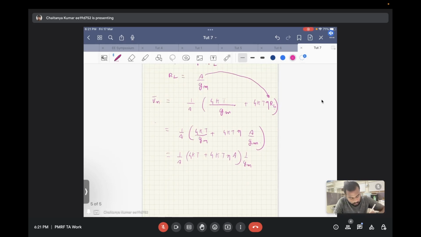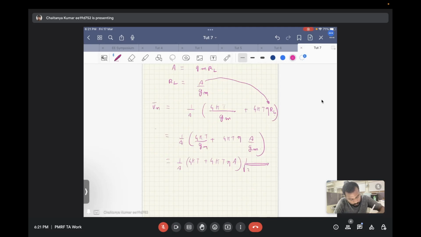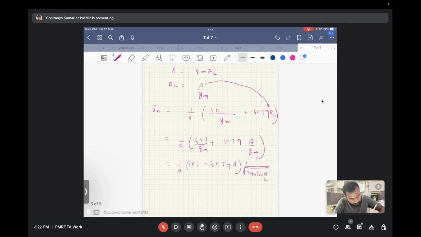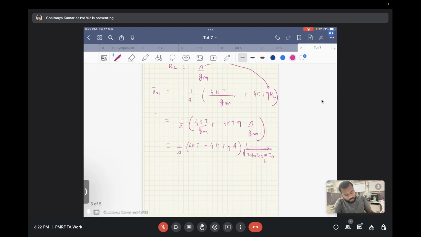And this is going to burn some current, and if we write GM in terms of current, we get this value: 2 mu n Cox W by L times ID. Okay, so you can see that